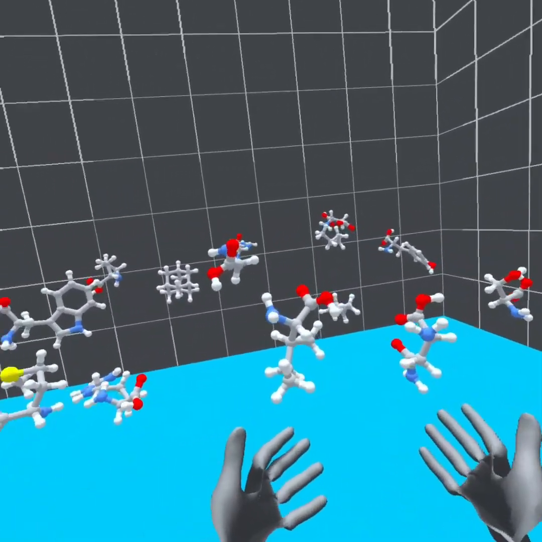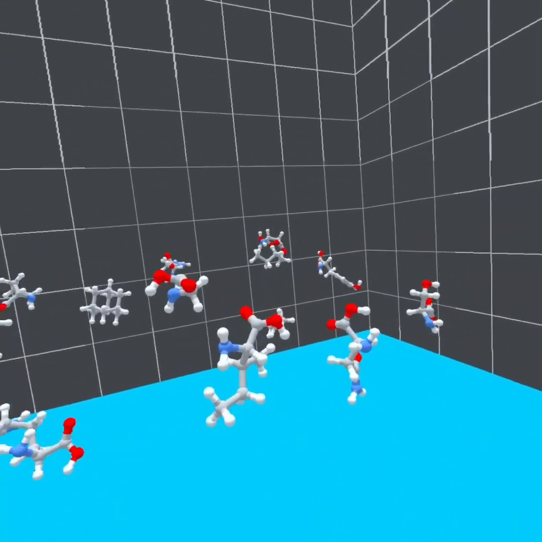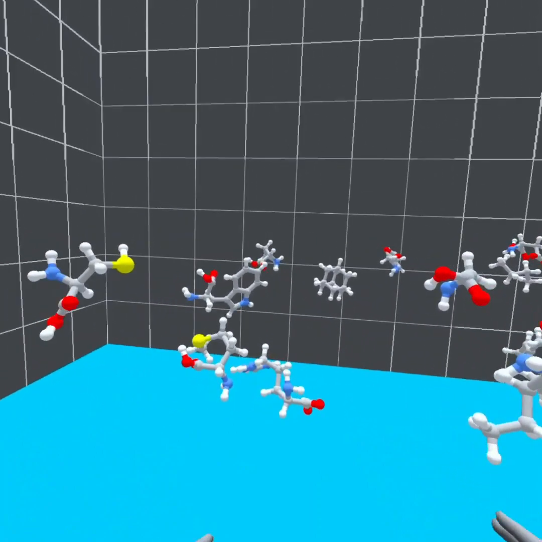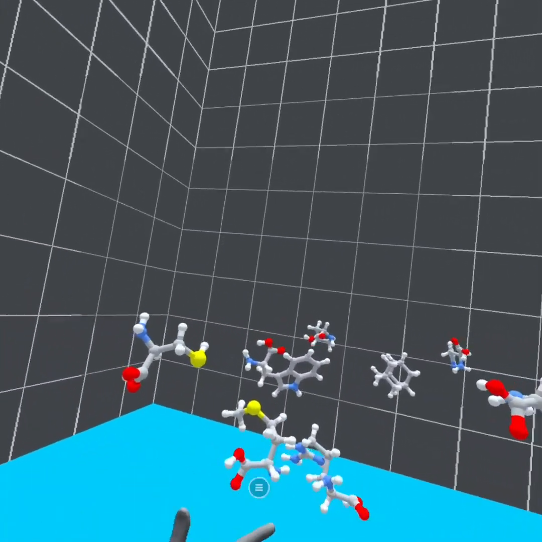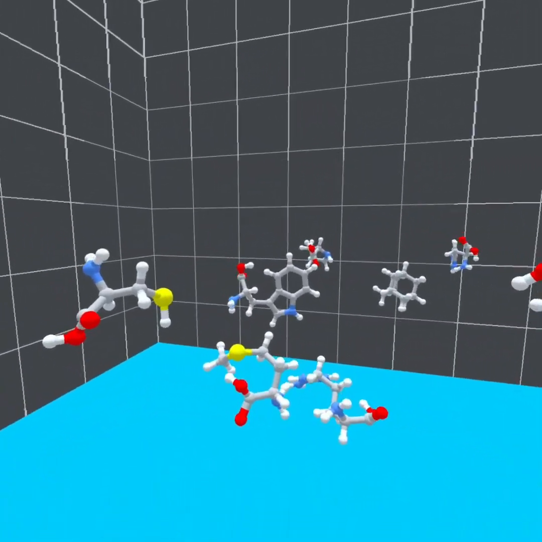For example, you don't have to build the molecules, you can have many more atoms, you can have complicated molecules, you can simulate realistic motions,